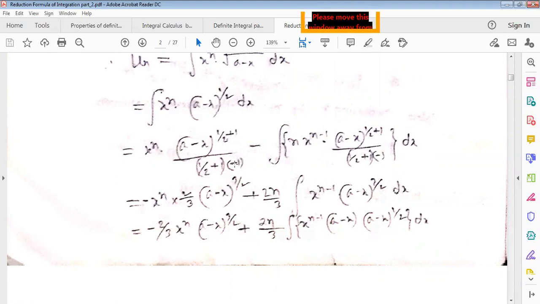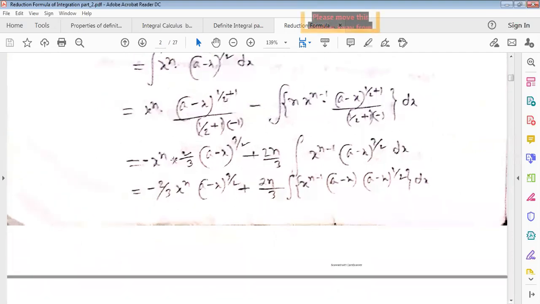In integration we have to divide with the coefficient of variable, remember it, minus integration of n into x to the power n minus 1, that means differentiation of x to the power n into x to the power n minus 1, again integration of this same, this x to the n, n plus 1 divided by n plus 1, dividing with the coefficient of minus 1. Now this can be written as 3 by 2 after taking LCM, least common multiple. 3 by 2 will become 2 by 3, since this is the fraction, inverting the fraction we get 2 by 3 minus x to the power n, this will be minus x to the power n 2 by 3 minus x whole to the power 3 by 2 plus constant will be what?